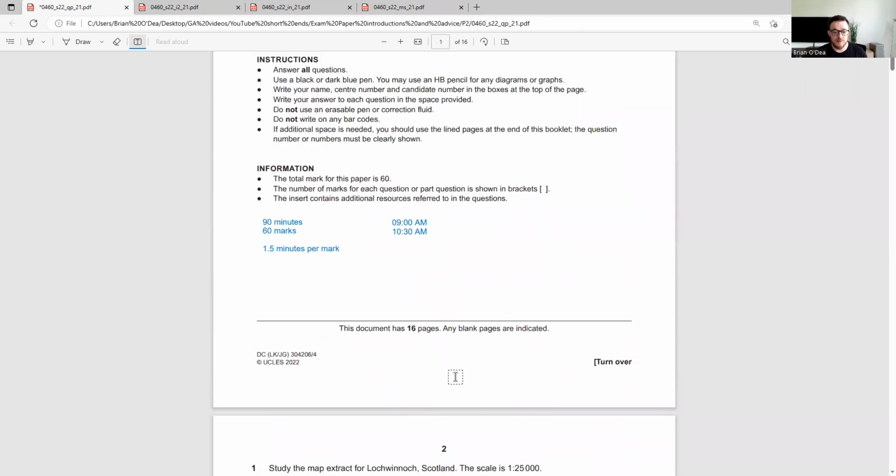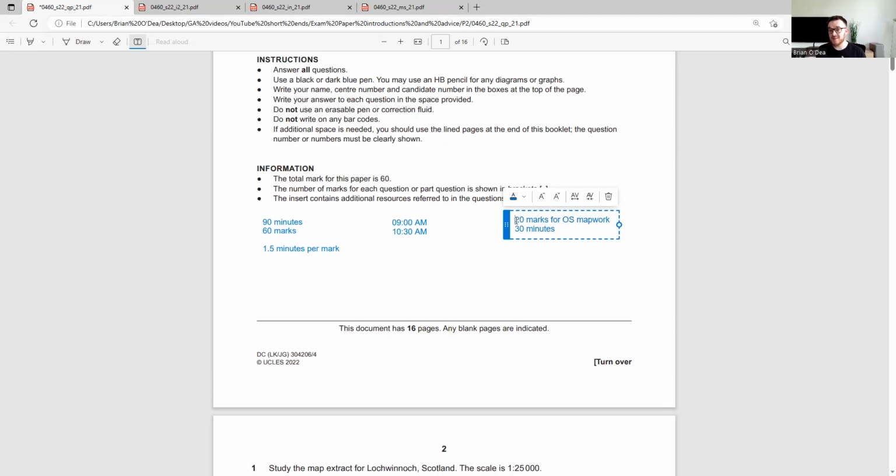A lot of students, well, my students anyways, will pick up full marks on that pretty much every single time. There's no reason you should drop the marks on an Ordnance Survey map, because if we think about it, 20 marks, so we know it's 1.5 minutes per mark for the OS map work, is 30 minutes. And I mean, it does go by, because when you think about it, you've got to discuss